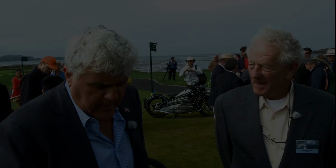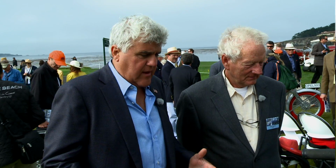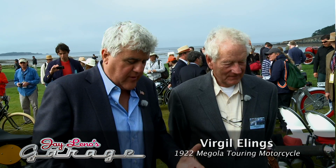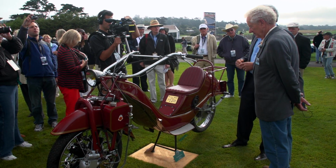I'm here with Virgil Elings, and he has one of the most unusual motorcycles. We are both in the Megola Club. I have one of these too. I have the racing version. You have the touring version. It is a 1922 Megola,